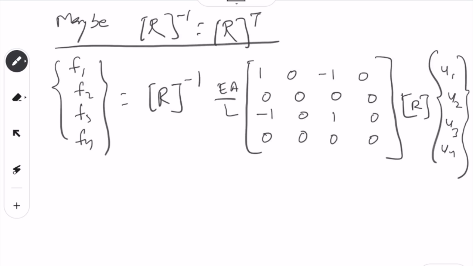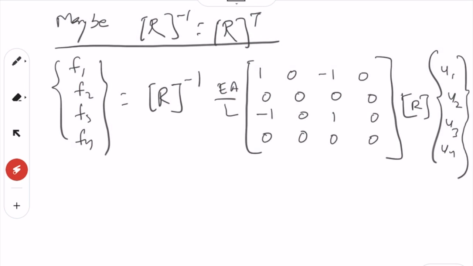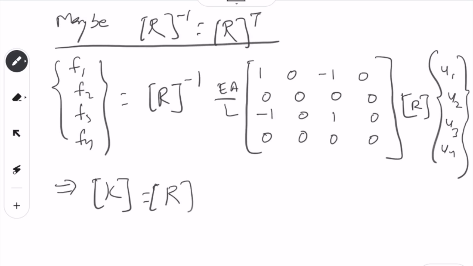Hence we get the big K, this K we are talking about. So the big K is nothing but R inverse EA over L, and then 1 0 minus 1 0 0 0 0 0 minus 1 0